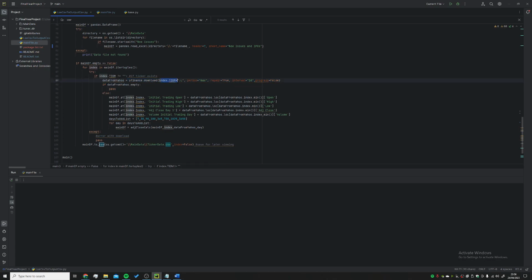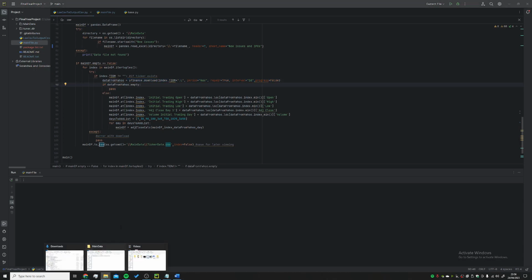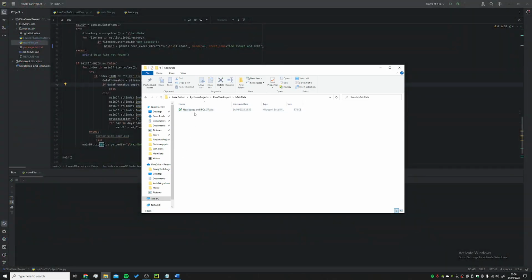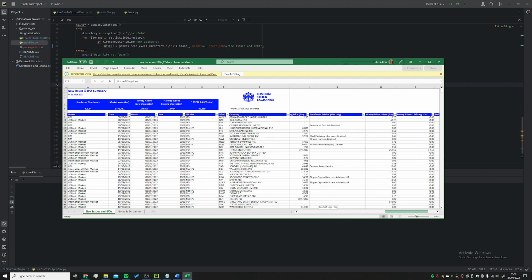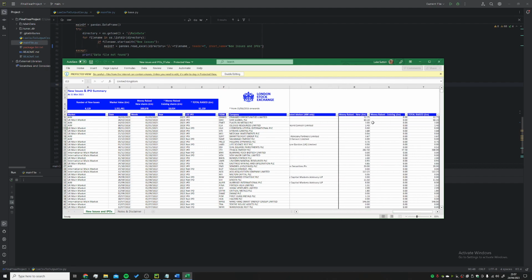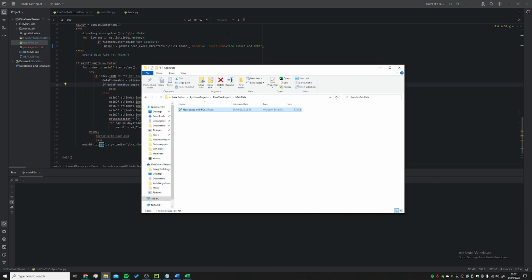So it uses the tickers from the data we just downloaded. There's a column in the data we just downloaded, if we have a look. It uses this column here to identify the company, and then it finds their financial data, because obviously there's no financial data in this. It's just, well, it is financial data, but it's not historical data. So if we run this,